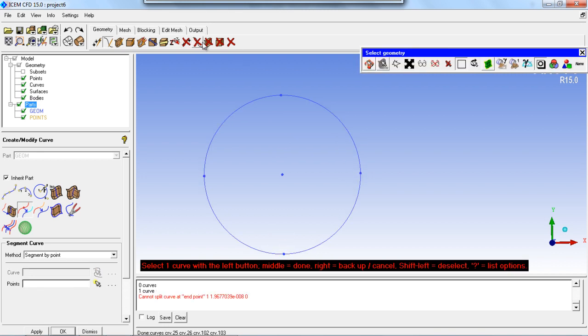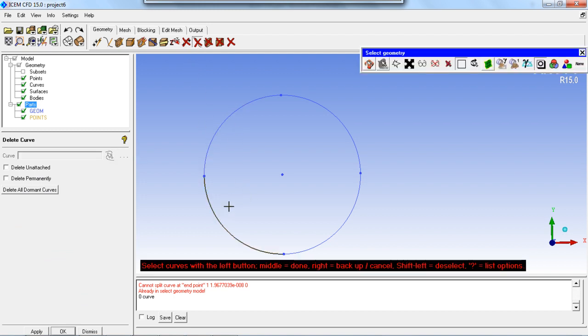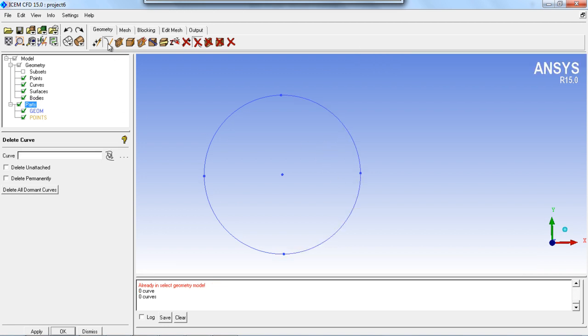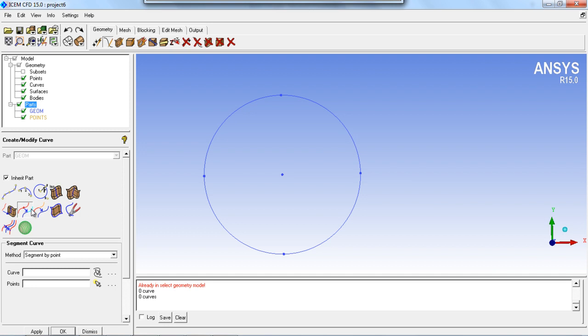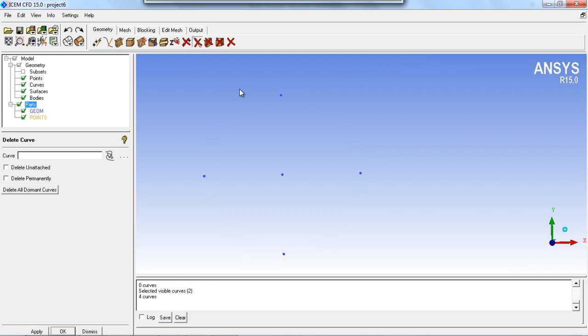So now we have the 4 curves, 1, 2, 3 and 4. Okay, delete all these things over here.